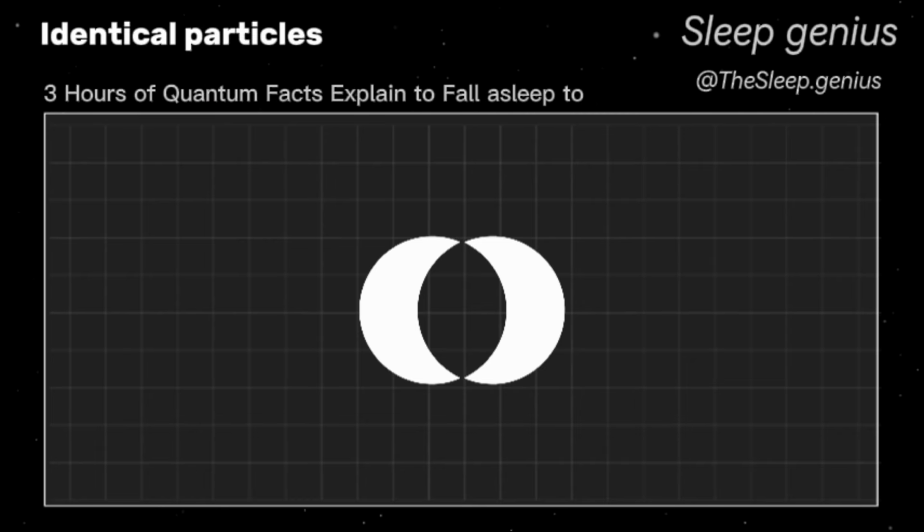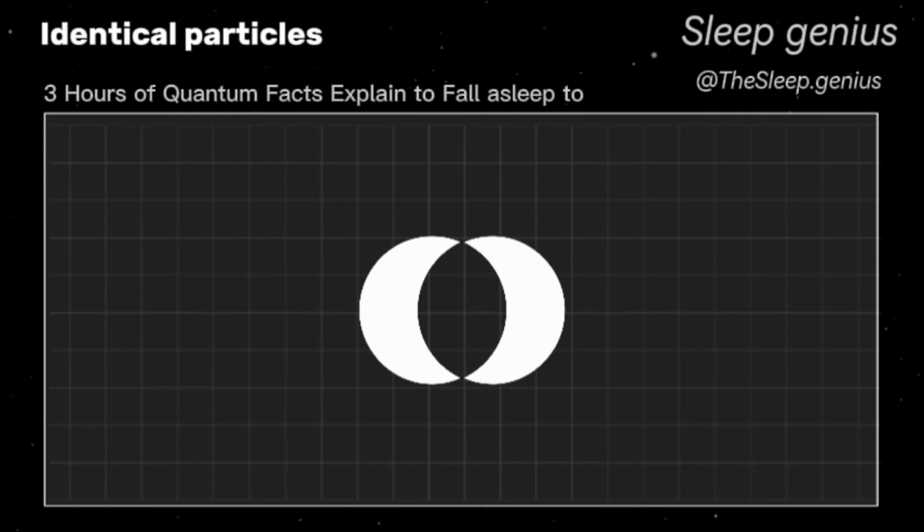Fermions, such as electrons, obey the Pauli exclusion principle, which forbids any two from occupying the same quantum state simultaneously. This simple rule, invisible yet absolute, sculpts the architecture of matter, ensuring stability and structure in atoms and molecules. Bosons, in contrast, are allowed to congregate in the same state, a behavior that permits phenomena like superconductivity and laser